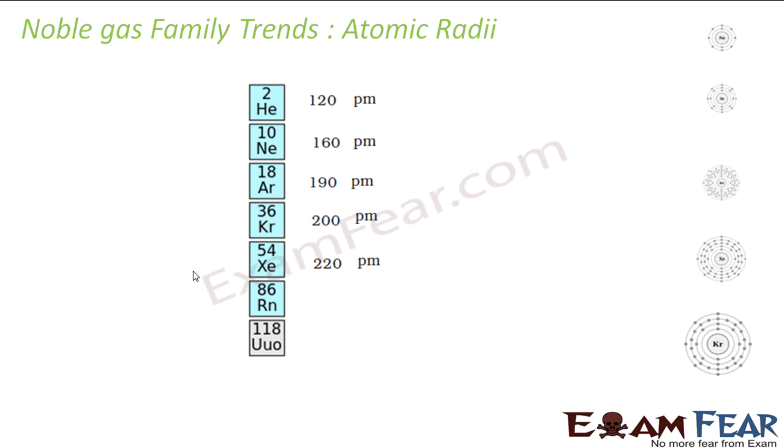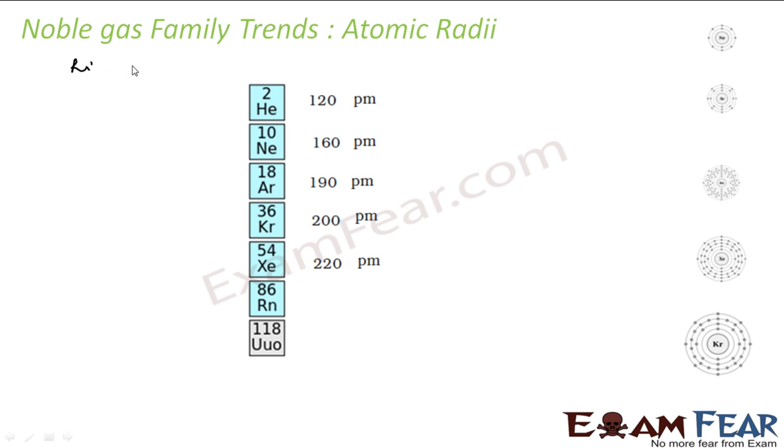Let's talk about the atomic radii. See, atomic radii, if you go down the group, it increases, the general trend, and the reason is pretty simple. Because as we go down the group, the number of shells increase and thus the atomic size increases. But if you talk about a given period,